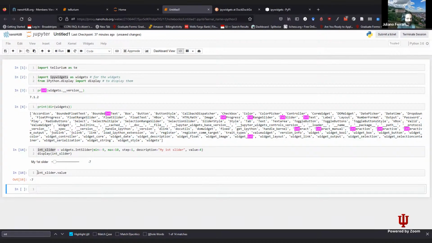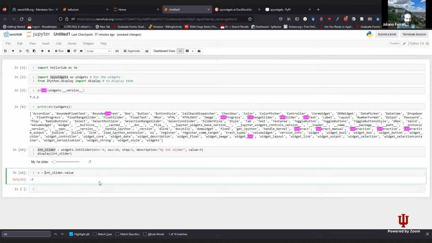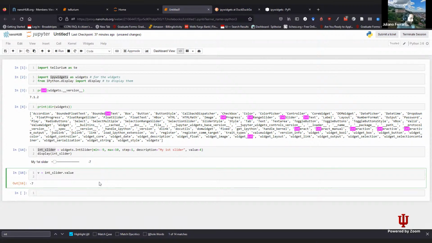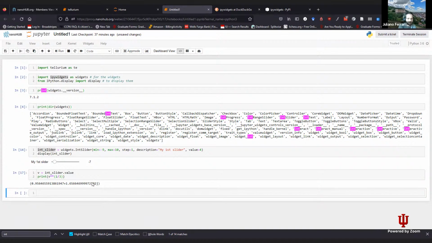And of course, I could do anything I want with this value. I could save it to a variable and then print the, well, not the square root because we have negative numbers, but I can get the third root and that should be fine. Well, it's fine regardless because Python has a notion of complex numbers. Anyway,